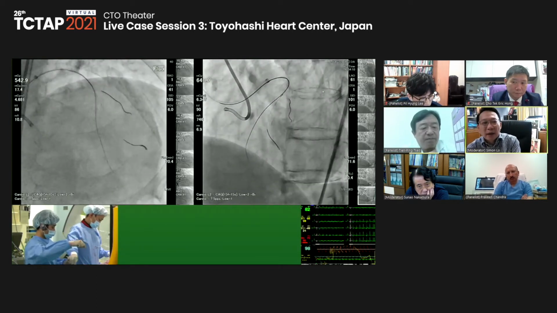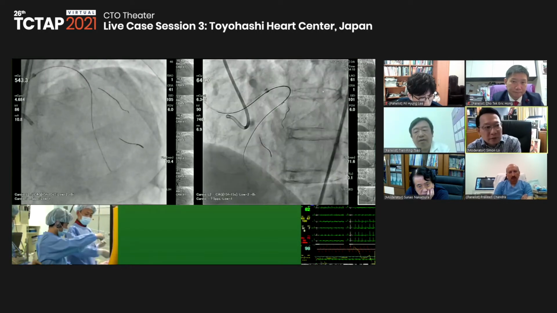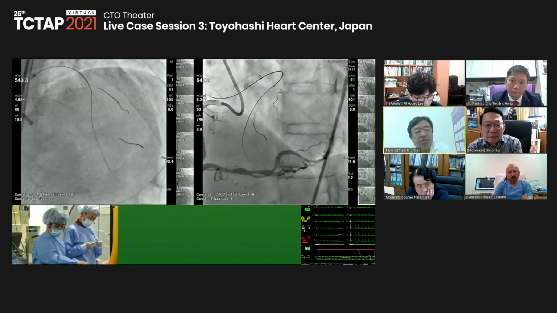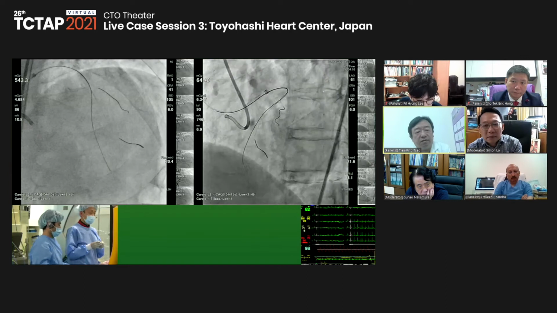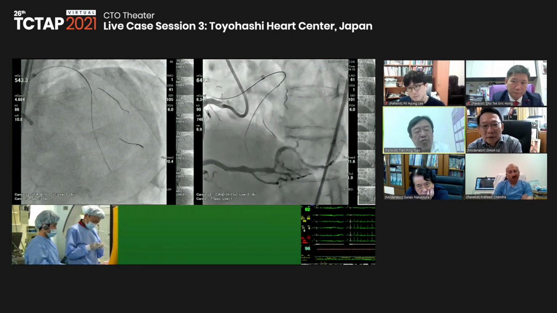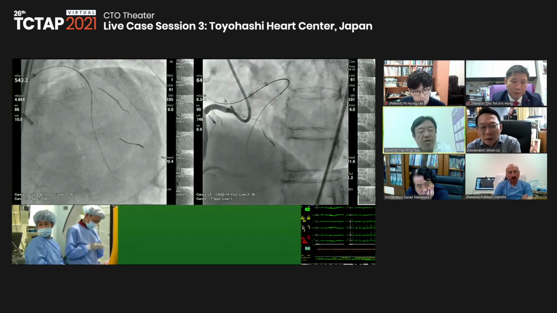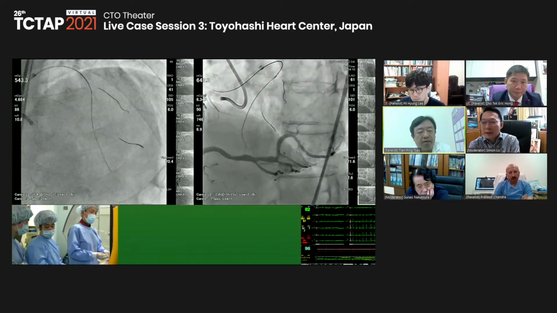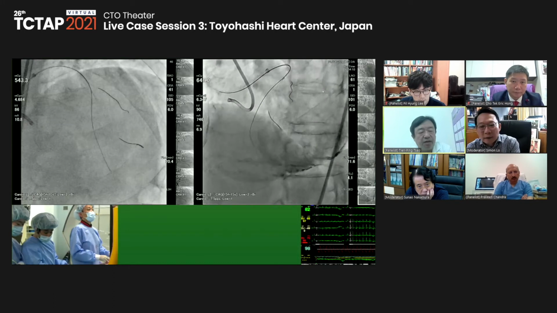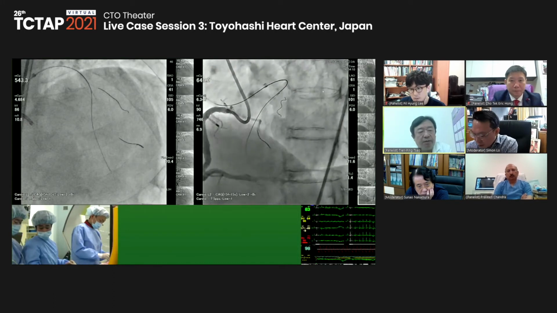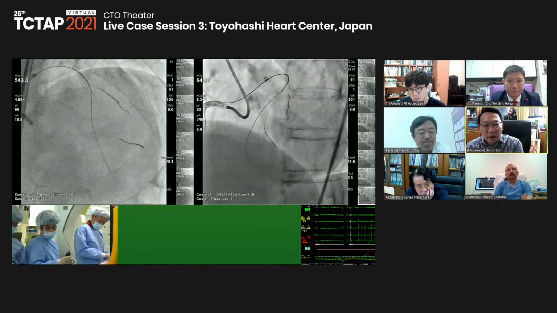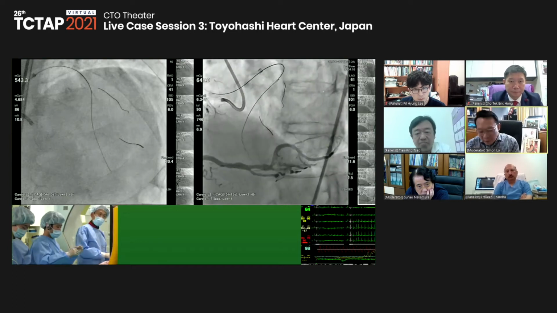And you do a kissing balloon then? Depends. Probably if the ostium is severely compromised, maybe use kissing balloon, then DCB or probably second stent. Yeah, I see. Dr. Hong?